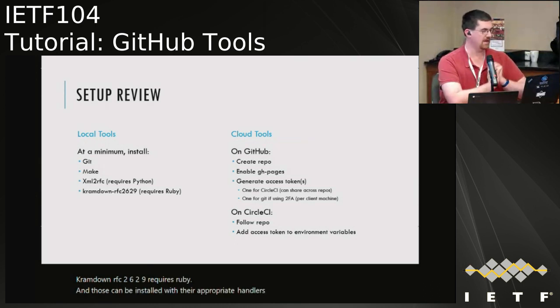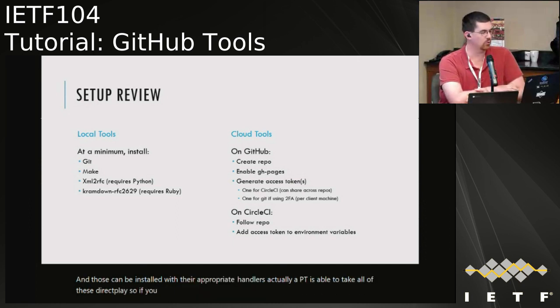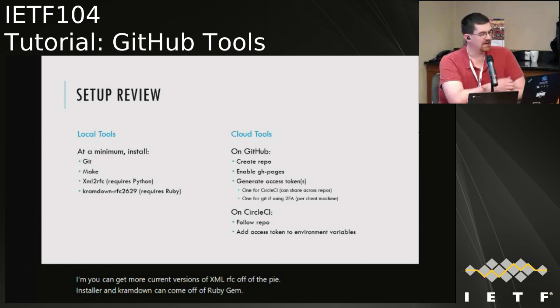Actually, APT is able to take all of these directly, so if you just go and ask for those four, you can get more current versions of xml2rfc off of the PyPI installer, and kramdown can come off of Ruby gems. On the cloud side, you need to create your repo either with a script or manually, and